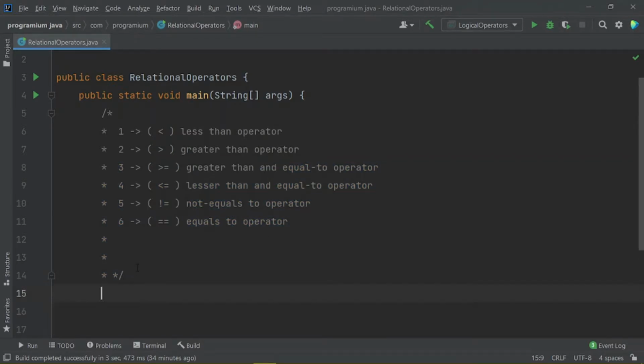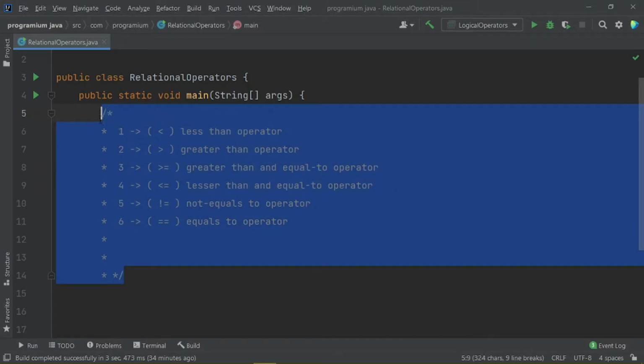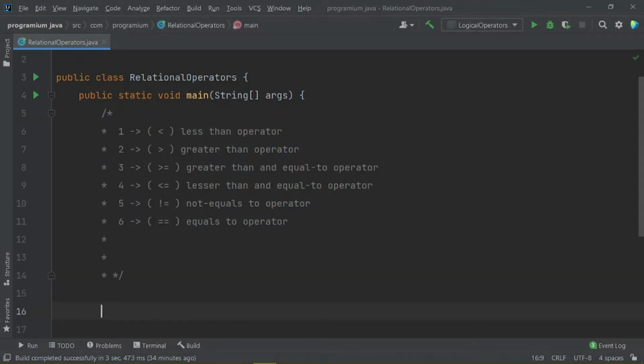For this purpose, let me put a comment here and tell you what I am going to do. We are going to create our number system program.